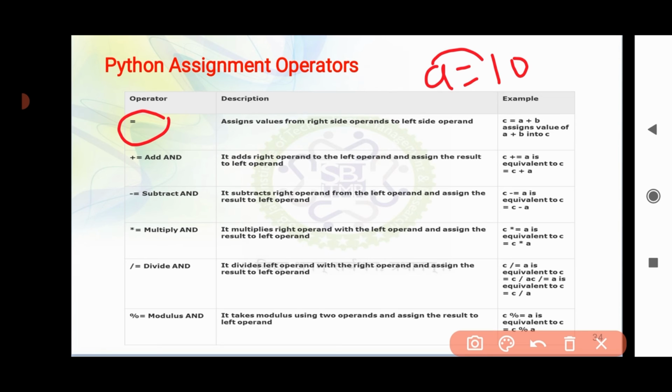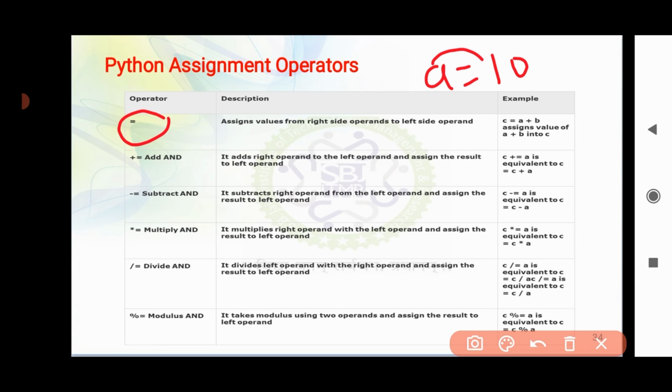What is that? Subtract, and it subtracts the right operand from the left operand and assigns the result to the left operand. Then we have multiply equals to. It multiplies the right operand with the left operand and assigns the result to the left operand. Then we have divide, and this operator divides the left operand by the right operand and assigns the result to the left operand.